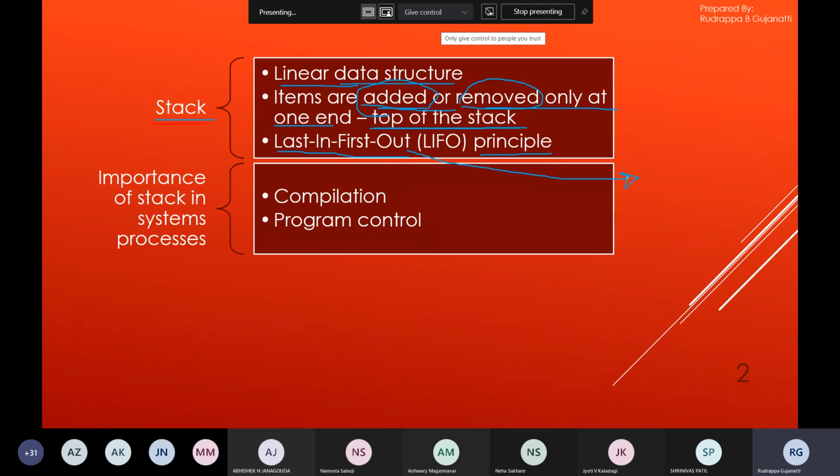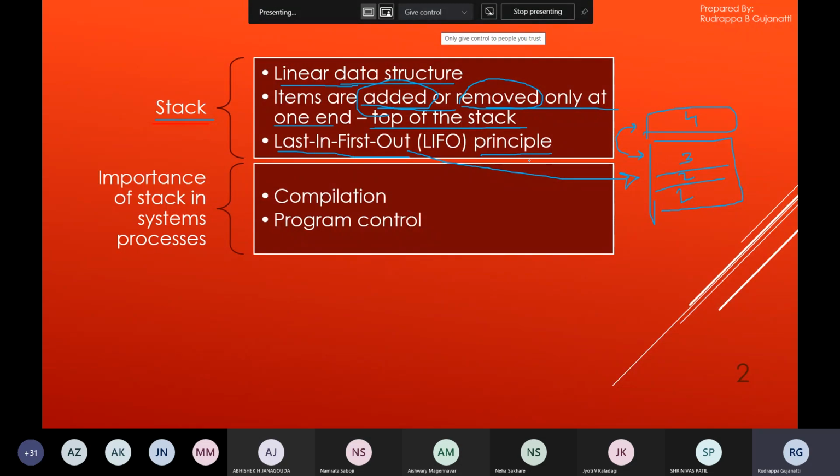If you consider this as a stack, here we have one element, here we have another, here we have a third element. This is the last element which was put on the stack. If I have to add any element, I'll be adding on top of this.